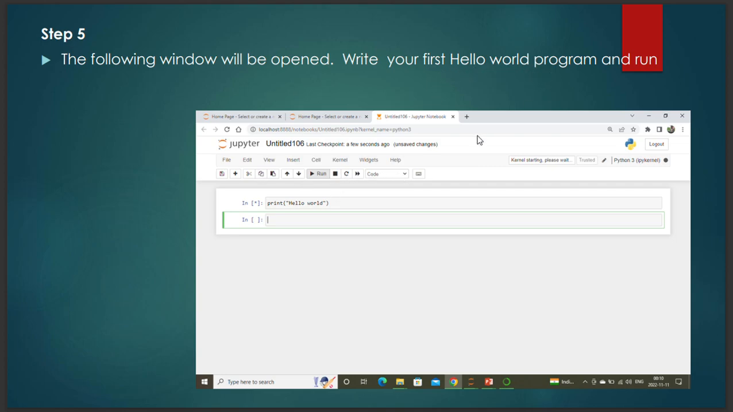Right, then write your first program on Anaconda Navigator. This window will appear. Without waiting, let us go to the Jupyter